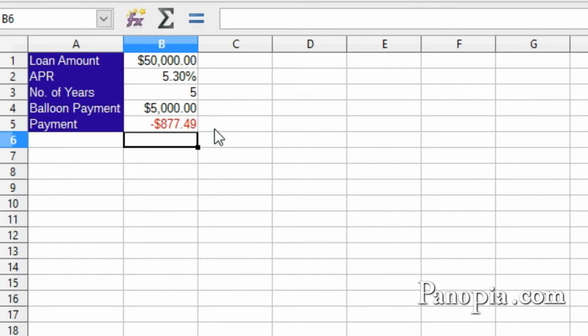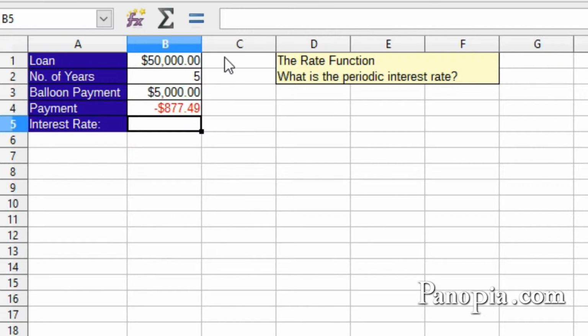Another useful function is the rate function. We have a loan. We know how much the loan is for, the number of years to pay, and how much the payments are. You could use the rate function to find the interest rate. Here I'm using the figures in the previous example, except the APR is missing. To find the interest rate, type into B5 equals rate,